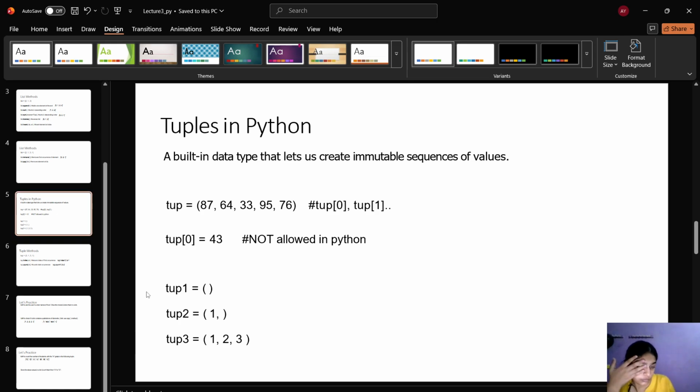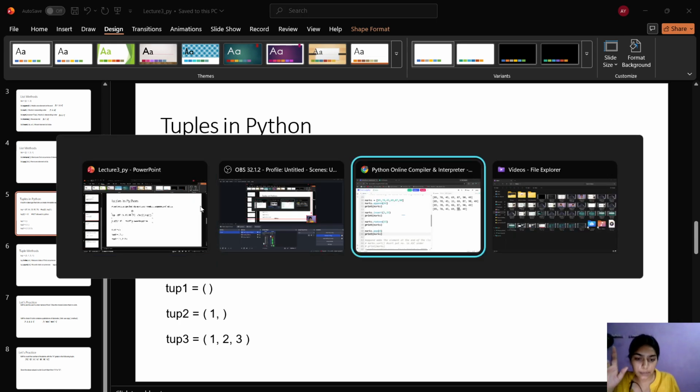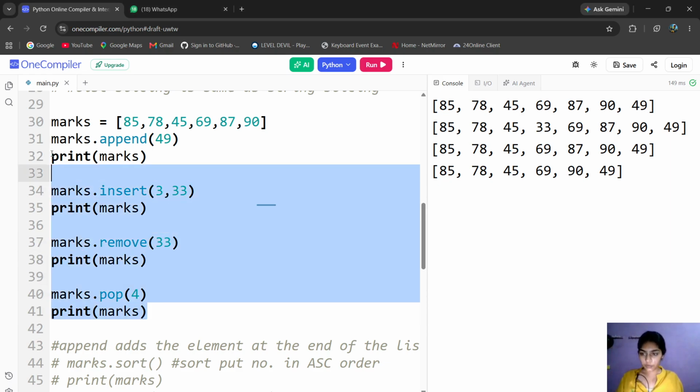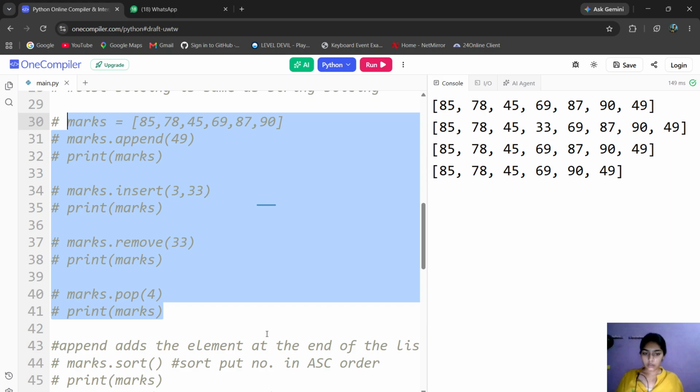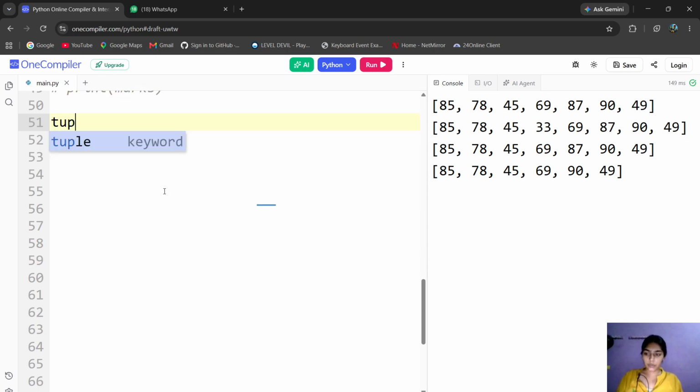Now in list we saw that we had square brackets, but in tuple you have parentheses here. First let me actually define a tuple. We're going to comment these out. Now over here we're going to introduce a tuple. That tuple is equal to 23, 40, 56, 78, 34, 52,